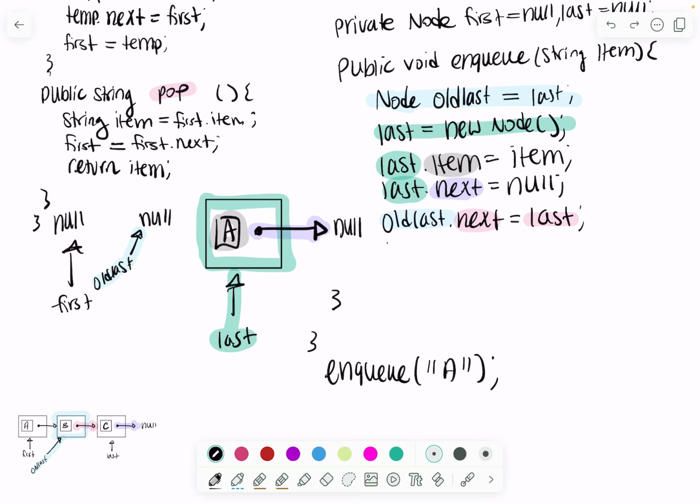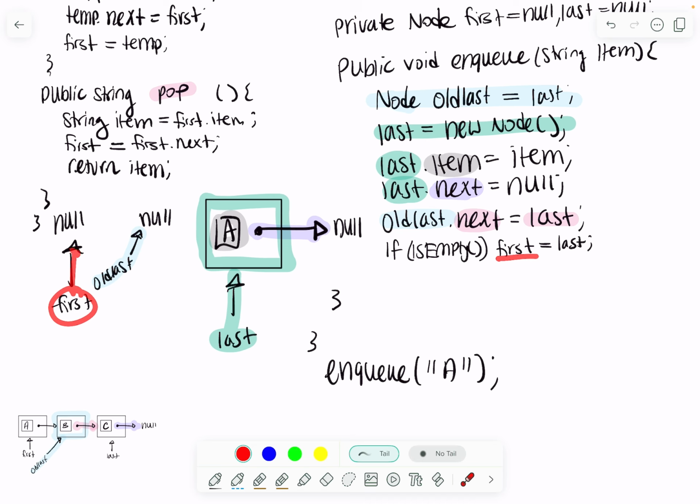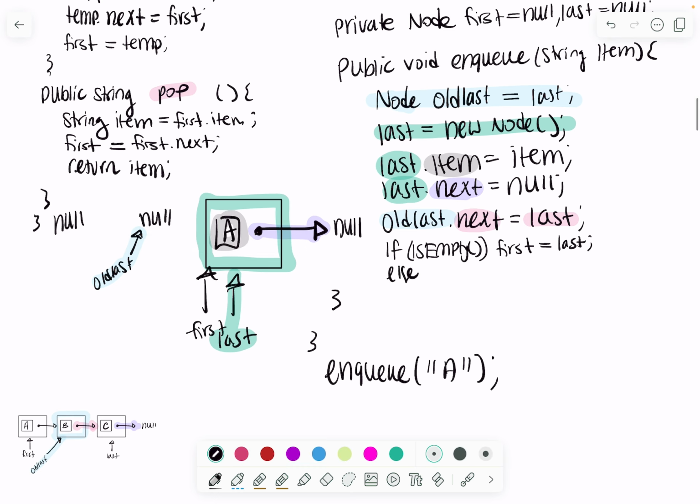So our condition here is going to be if, we're going to have a method called isEmpty and we'll write it. It's just going to tell us if the queue is empty and we'll talk about what that means. So if it's empty, then I'm just going to simply set my first equal to last. I'm simply going to have my first variable that's referring to null right now refer to whatever last is referring to, which is this node. So what's going to happen? This is going to refer to whatever last is referring to, which is this node. Else, which is what we